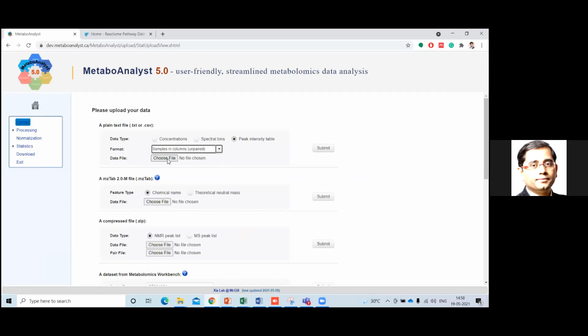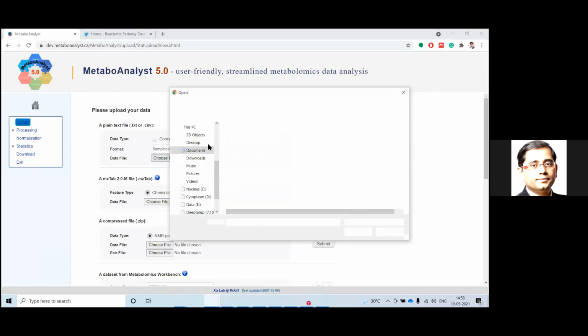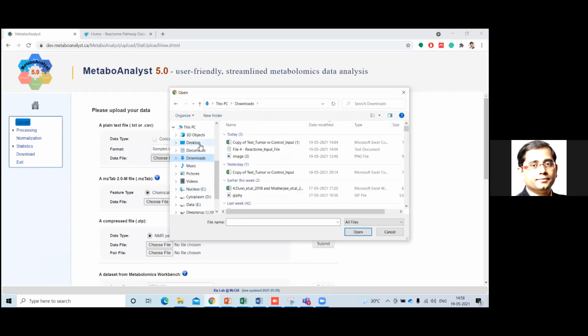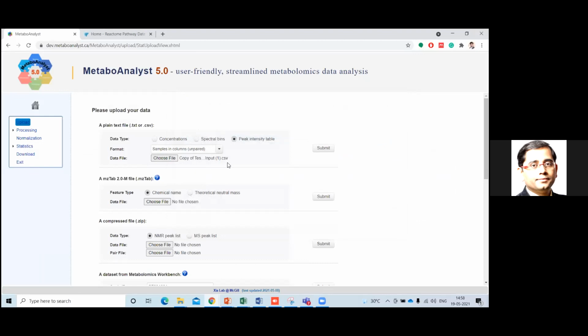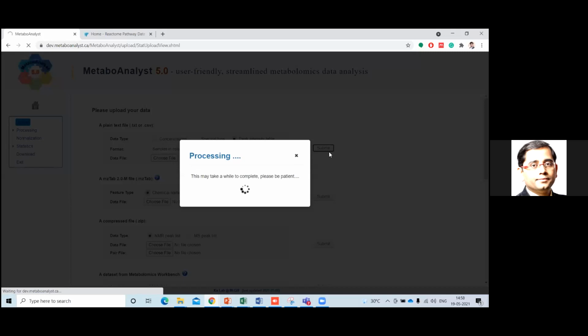And after that, we will choose the file. So wherever you have downloaded your file, you can go and choose. Once you choose this file, you will see over here, in the copy-paste area, the name of the file will come. Now these three options you should follow right now, and you should not miss this, otherwise it will give an error, right? So I'm assuming that all of you have reached this step, and after that we'll click over here, submit.